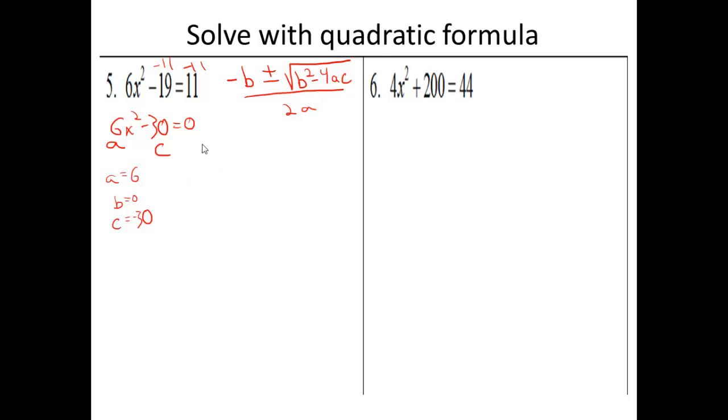Plugging all that into our quadratic formula, we see that we're going to have 0 plus or minus the square root of 0 squared minus 4ac. So we have 4 times 6 times 30. And this is all over 2a, which is 2 times 6. So as we simplify all that out, we have 4 times 6 is 24 times 30